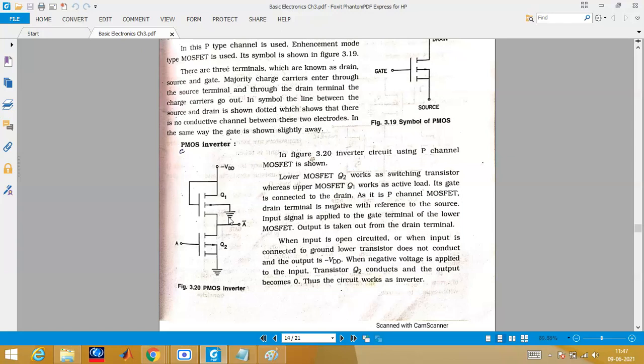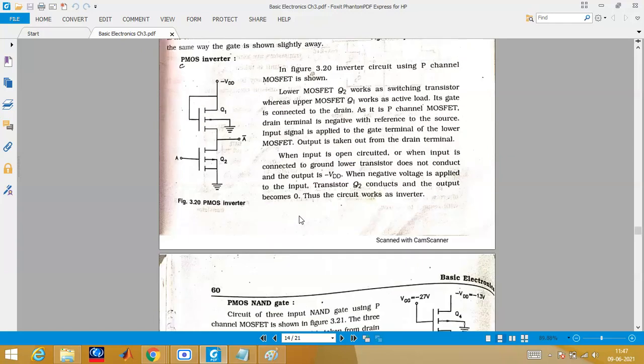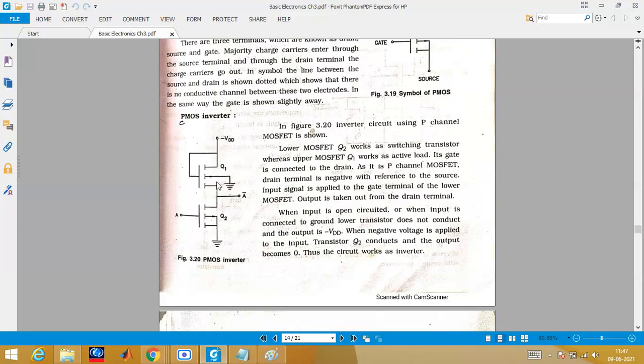Now just see how you have to understand the operation. The lower MOSFET I am referring to as Q2, the pull down transistor, and the pull up transistor I am referring to as Q1. Whenever I say Q1, you should understand we are talking about the pull up transistor. Whenever I say Q2, you must understand I am talking about the pull down transistor. The input you always apply to the pull down. And here the gate will be directly connected to VDD, that means you will short this one. Once the design is clear, let us try to understand how it is going to work.